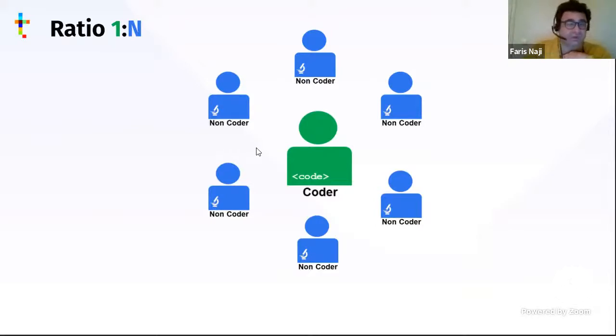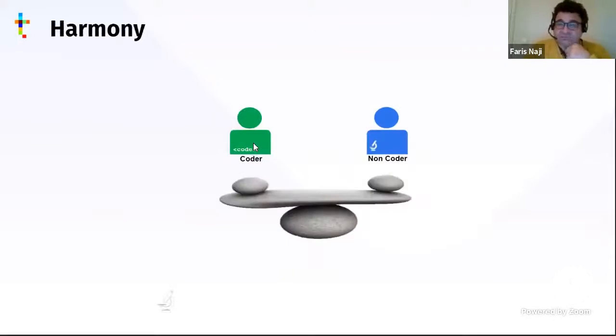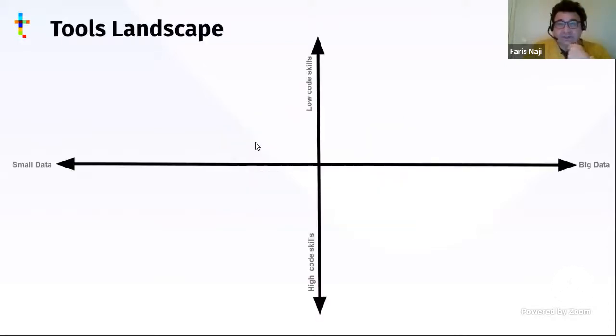Many non-coders, I've been in departments where there's been 30, 15 non-coders to every coder. So it doesn't help that there's just not enough coders around. And this causes a lack of harmony, but I want to bring back harmony to this problem between the coder and the non-coder. And I've started a company called Tercen with a co-founder, and I have a team now of 7,